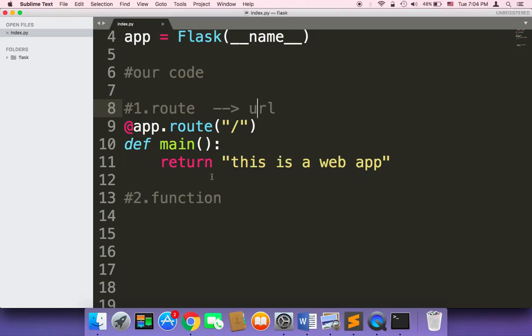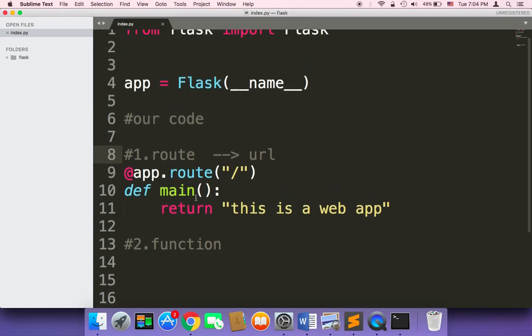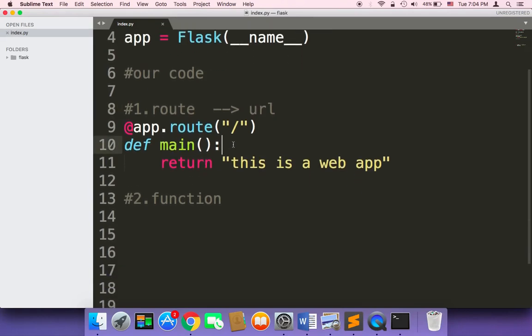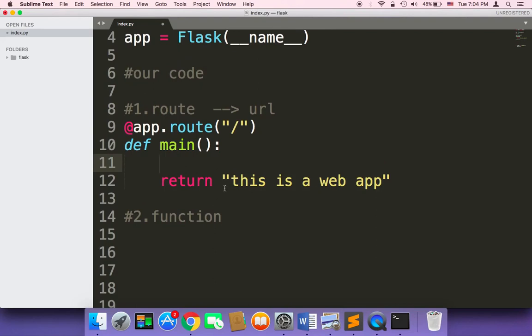So now that I have created the first route here, we need to return another type of data. Instead of returning here a string, let's return something else. For example, here let me return a dictionary. So I'm going to return here a dictionary, and that dictionary can be anything. Let me say here website, and that website is my website,